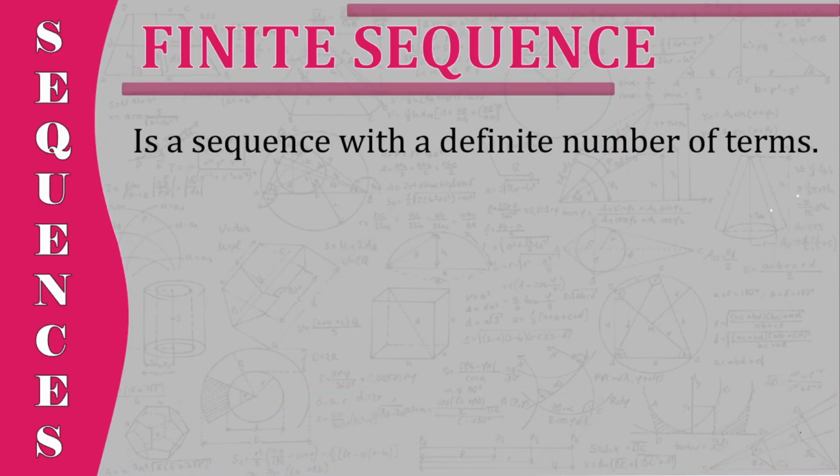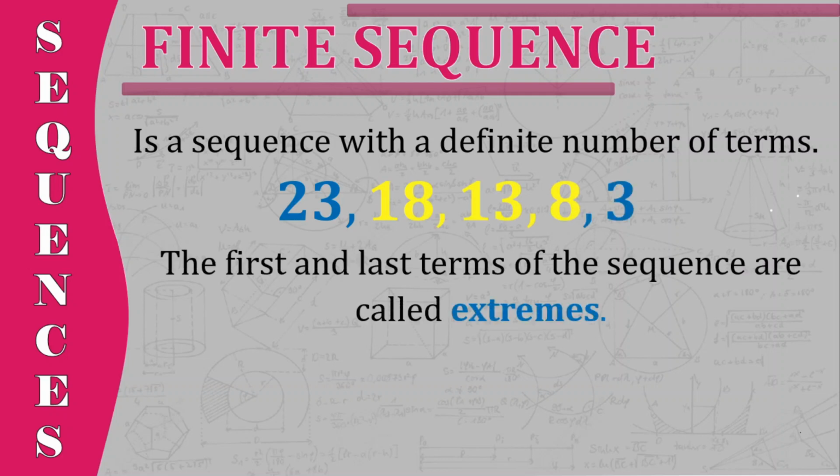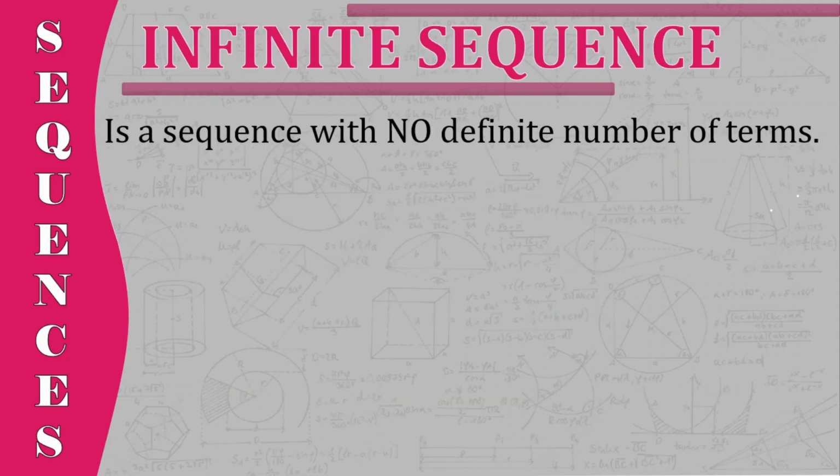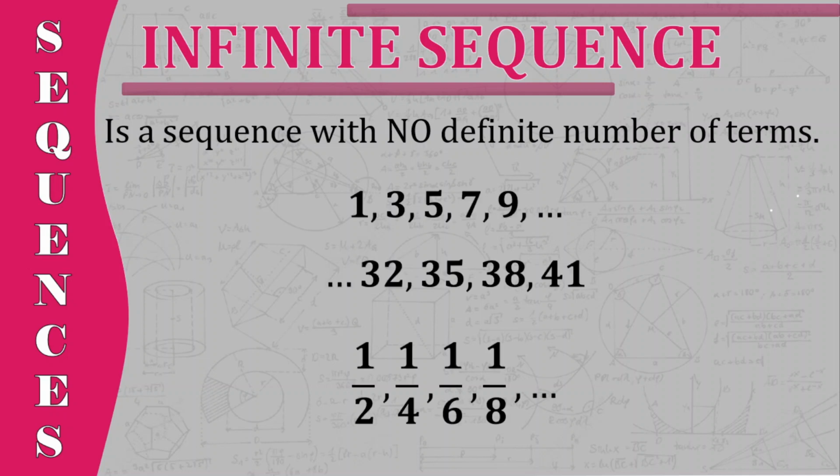A sequence with a definite number of terms or limited number of terms is called finite sequence. For instance, where the first and the last terms of the sequence are called extremes, while the terms between the extremes are called the means. On the other hand, a sequence with no definite number of terms or unlimited number of terms is called infinite sequence. Examples are, and as I said earlier, these dots